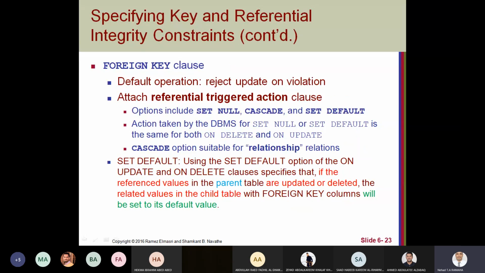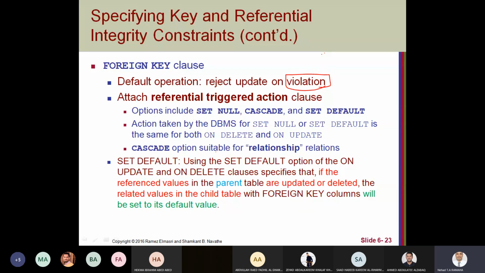Like if you have a delete or update operation, any operation or attribute update will be rejected if it violates the referential integrity constraints or foreign key constraints. What type of problem is this? When you try, for example,